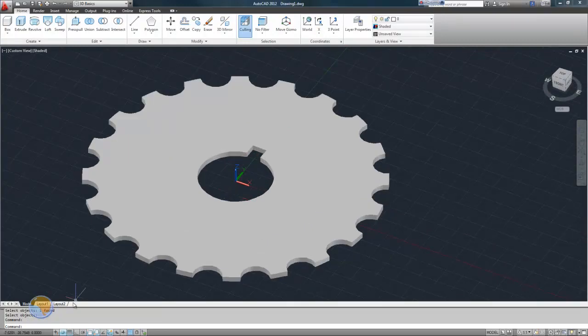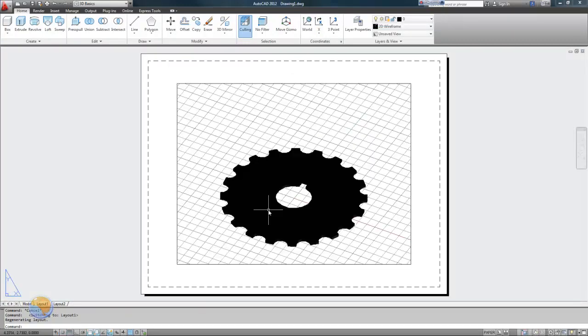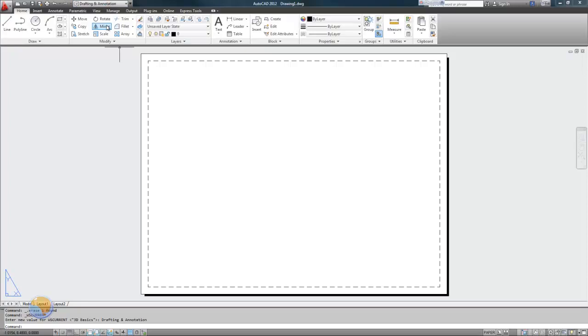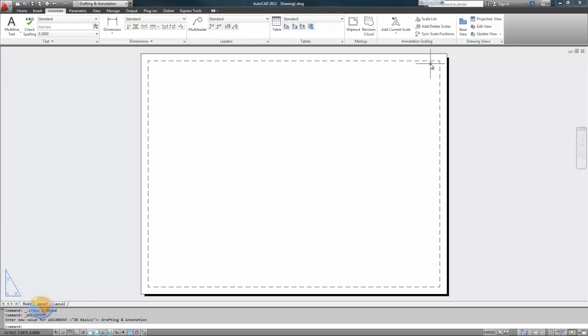Alright, so now I've got my model. I can go to the layout tab, and I'm going to get rid of this default viewport that it gives us. I'm going to select it, right click and delete it. And I'm going to use some of the new tools in AutoCAD 2012 for layouts. So I'm going to go back up to my modes, drafting and annotation, and I'm going to go to annotate. Over here at the end is a base view,